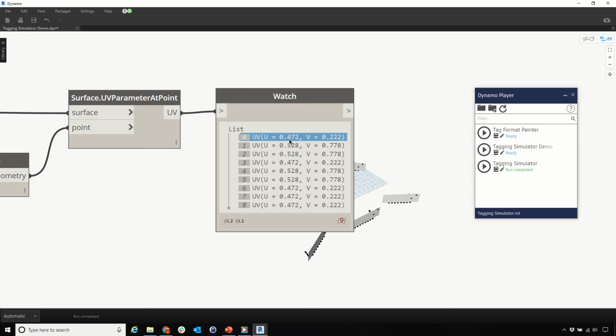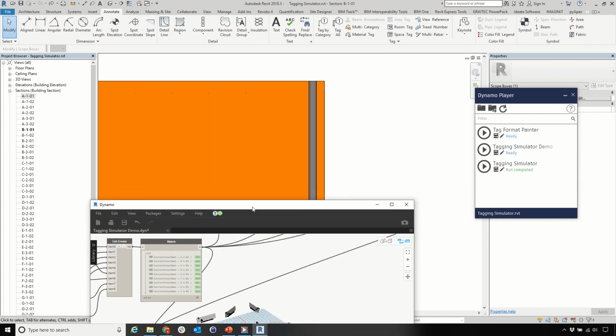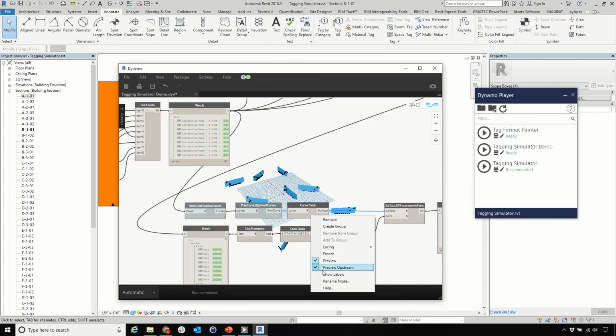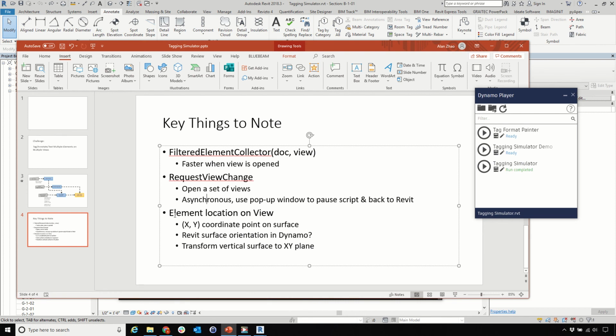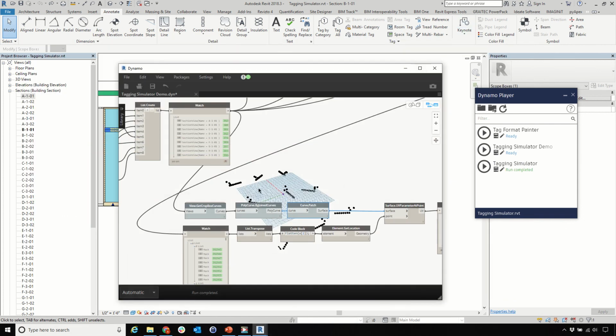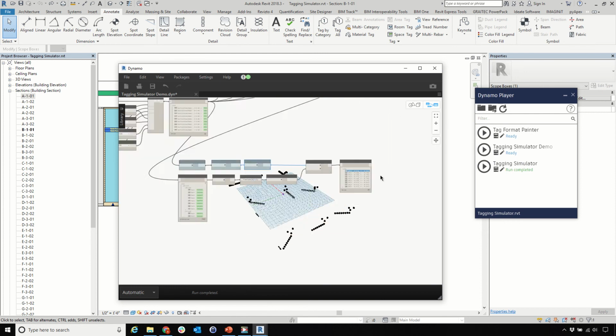Therefore, one of them is 0.47. The other one is actually 1 minus 0.47, which is 0.528. That is not good. We have to avoid that. Otherwise, I will never find the correct locations. What I'm trying to explain is that the element location on view, the XY coordination on the surface, sometimes depending on the surface orientation, is flipped in the other direction, like here. In order to mitigate that,